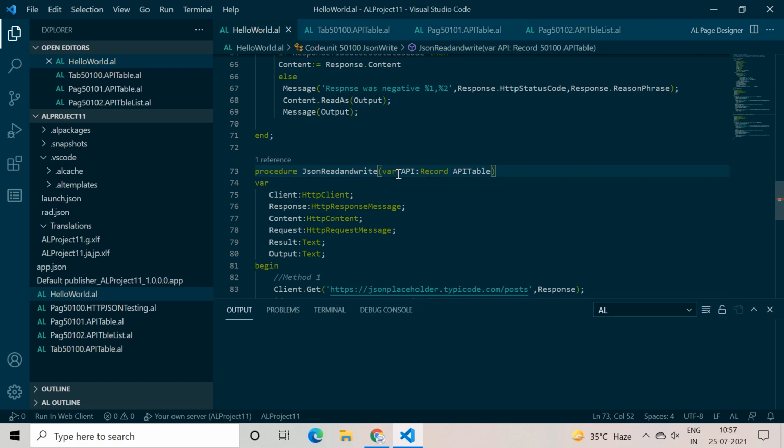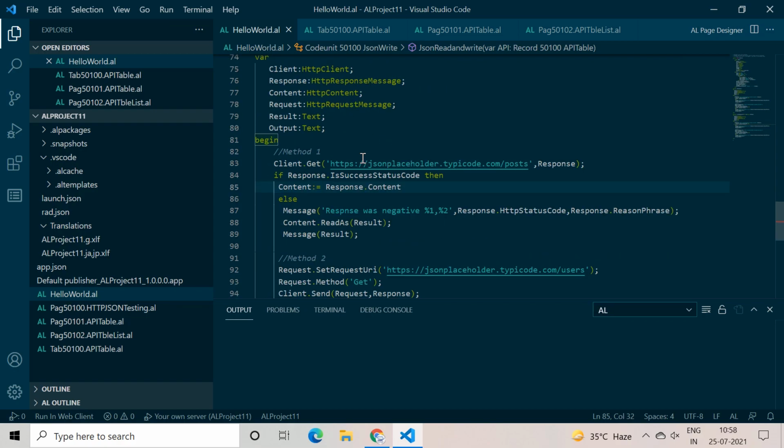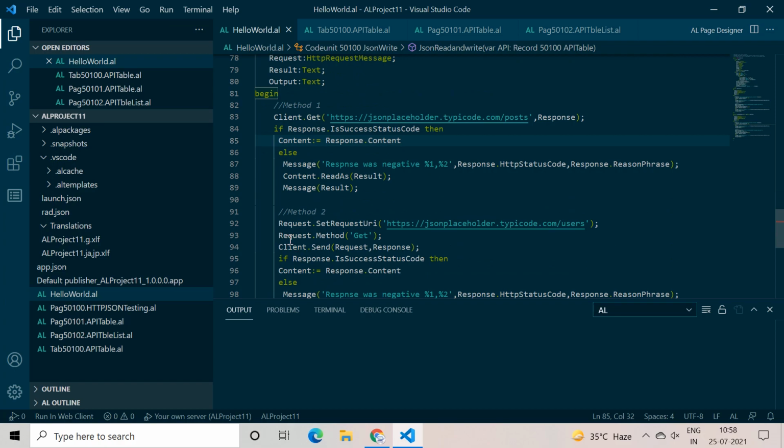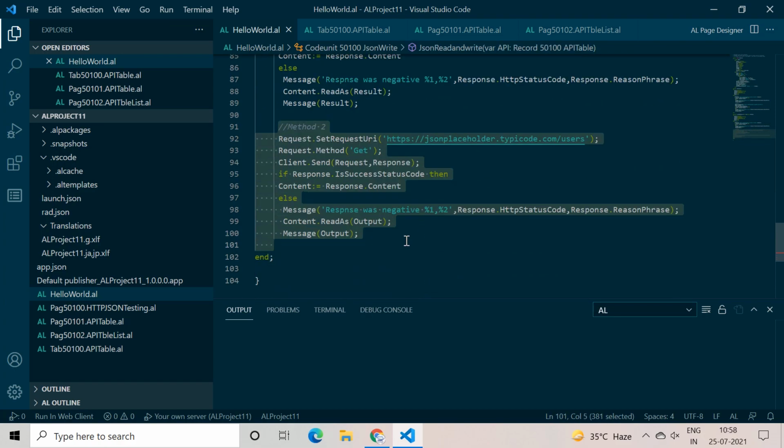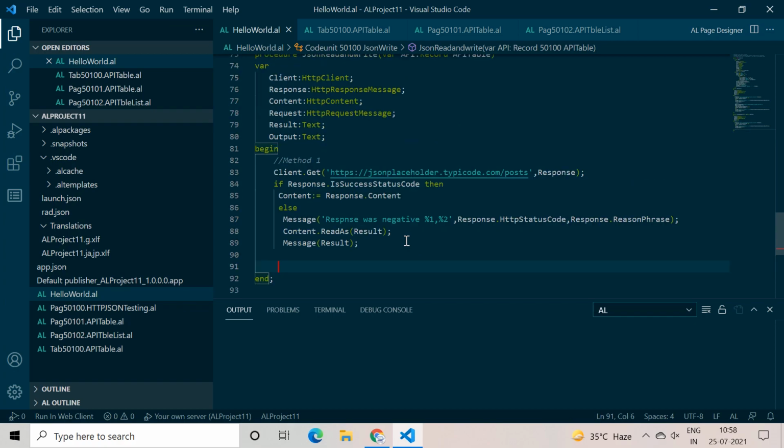All right, so here we have created our function. Now the next point is to write the code. So guys, I'm removing this second method here because we have already checked how to use the different methods to get the same kind of results. So in this video we will use method one.